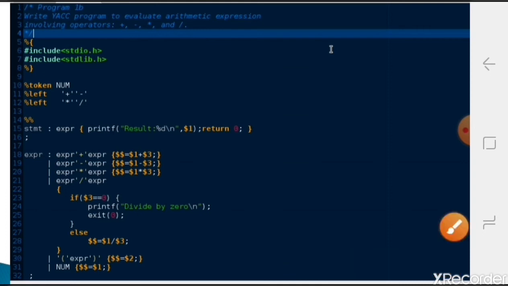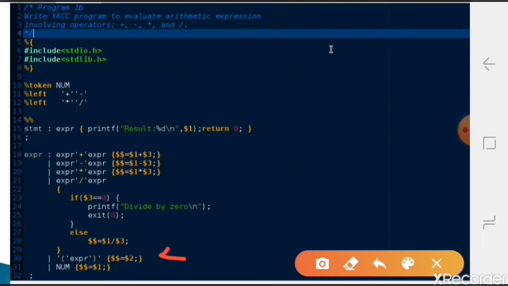If you look at line number 30, this production is expression producing open bracket, expression, close bracket. Here the open bracket is $1, the expression is $2, and the close bracket is $3. So $$ is equal to whatever this expression is, that is $2.